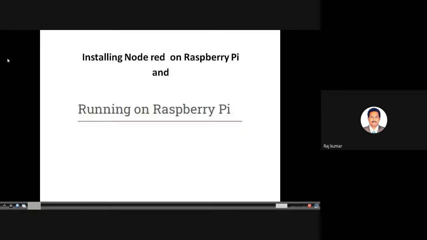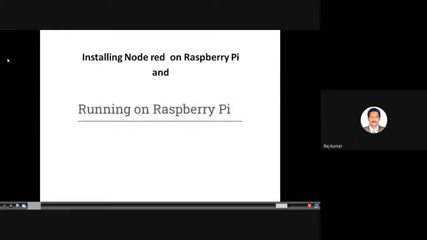The first and foremost thing is you have to update the Raspbian operating system before going into any installation. The packages already installed on the system will get updated, and later we have to install Node-RED on the Raspberry Pi.